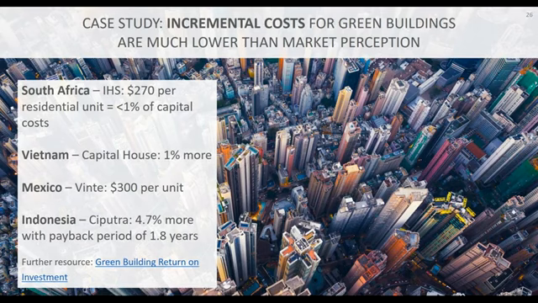So, one of the main barriers to building green is a perception of the higher costs of green measures. However, it's evident across several markets that incremental costs of green buildings are significantly lower than previously thought, particularly when they are incorporated in the early stages of the building design. The cost of building green varies across locations, which is driven by climatic conditions, the available building materials, and local expertise. But these 4 examples here show that green interventions are economical across geographies and even for low-income housing, which is extremely important to understand.